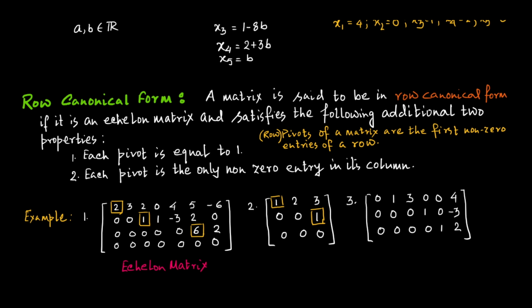Now the second requirement: each pivot is the only non-zero entry in its column. So if we consider the first column, yes, the pivot is the only non-zero entry in that column. Okay,